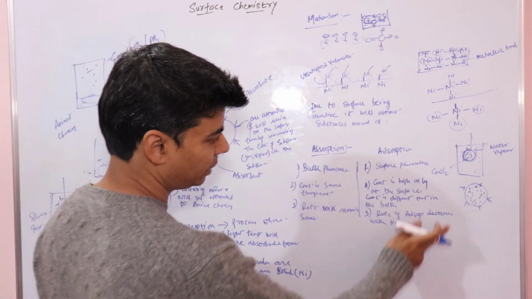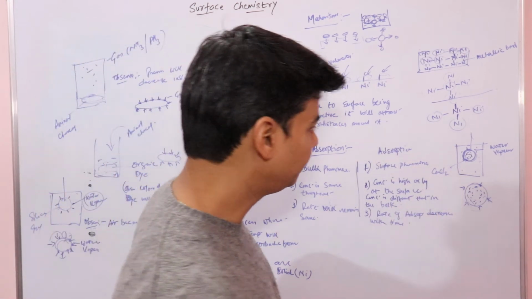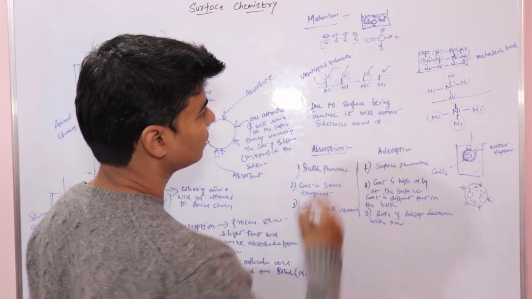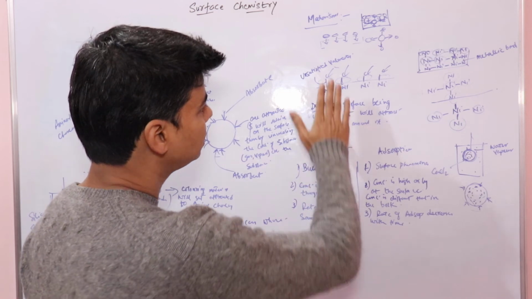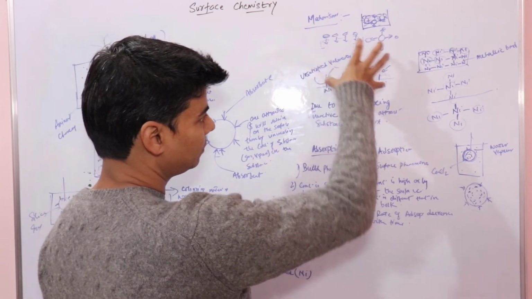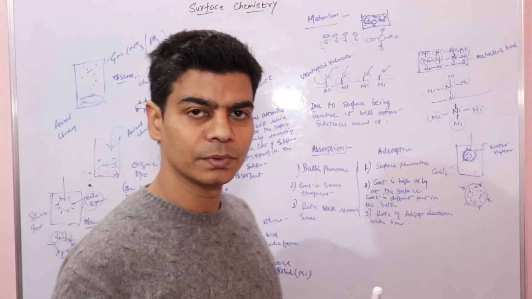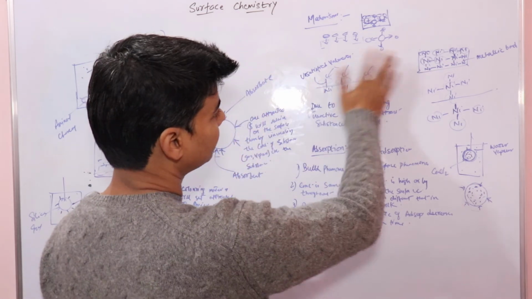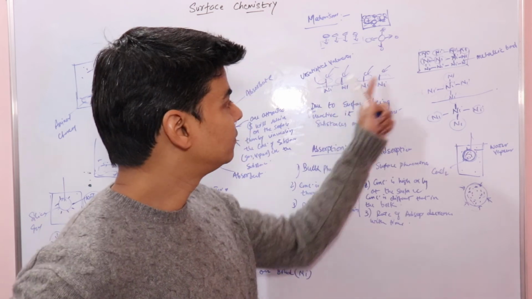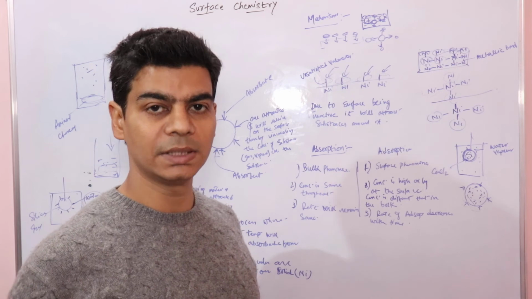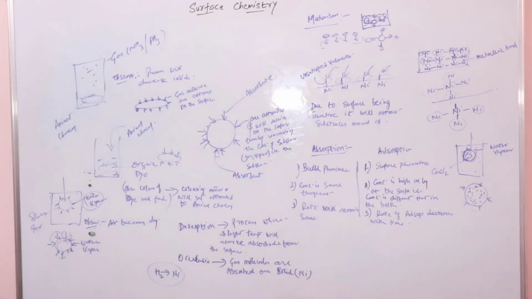What could be the reason that rate of adsorption decreases with time? Since we know that adsorption is due to the presence of these unsatisfied valencies, right? So once these unsatisfied valencies attract the substances around and react with them, once these valencies are satisfied, right? So the process of adsorption will decrease, or the rate of adsorption will decrease, right?